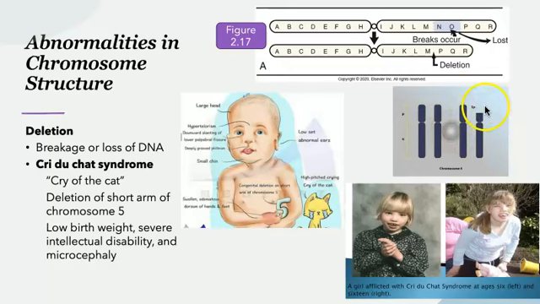So I have something pictured here to depict that. And the result is having low birth weight, severe intellectual disability, and microcephaly, which is a smaller head size. You could see that there are other features of this, such as having a small chin and having low set or abnormal ears and so forth. And this is just an image of an actual patient who is affected with this at age 6 and age